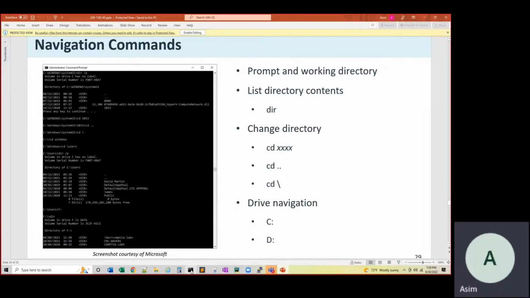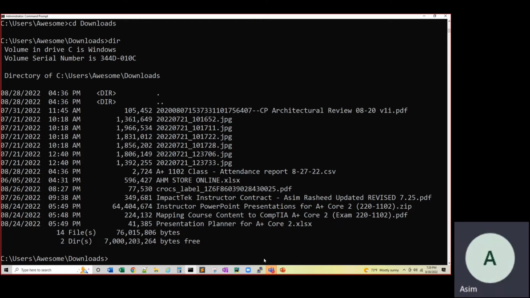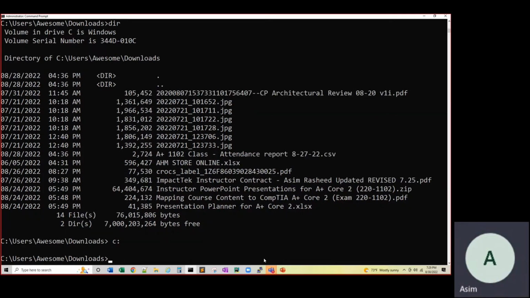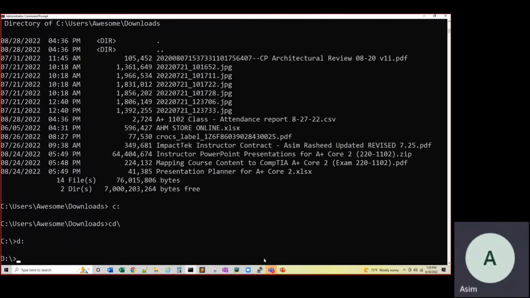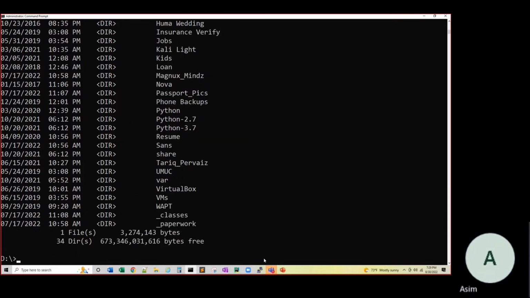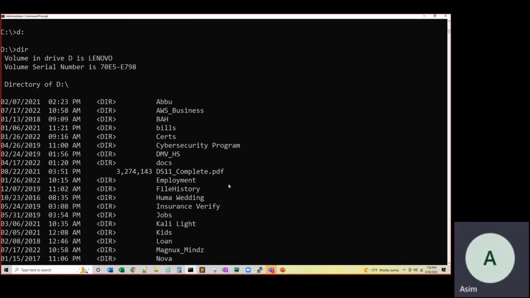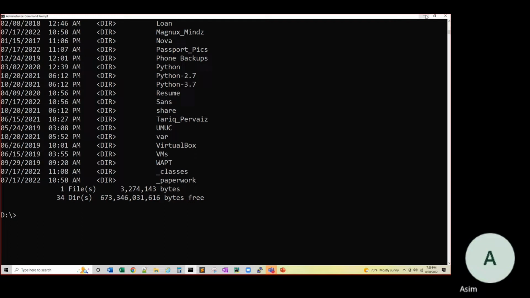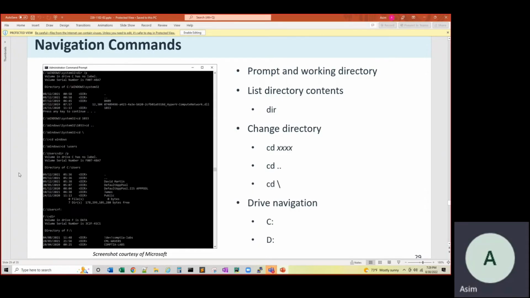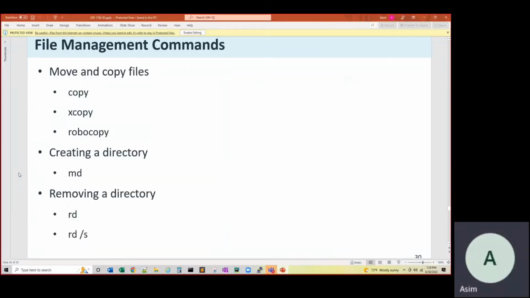So as an example, if I go under the command prompt and I just want to go back to C drive, I can go back all the way to the root drive and I can just say go under D drive. See that? Now I'm under D drive. The D drive has a lot of different directories, and that's what I have on my machine as an example. So again, this is the section where you will need to run these commands